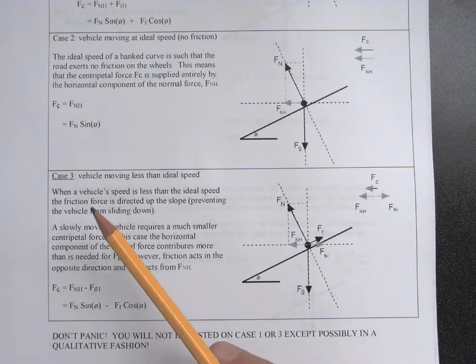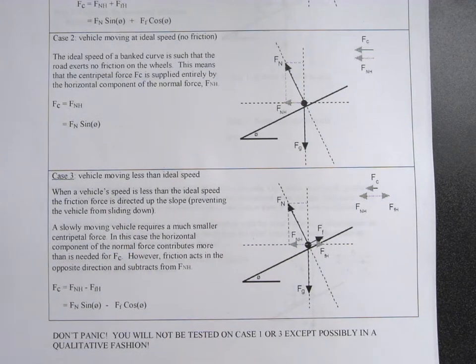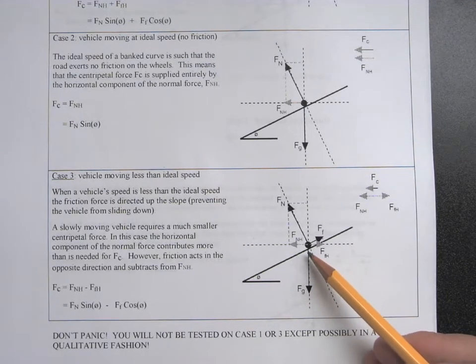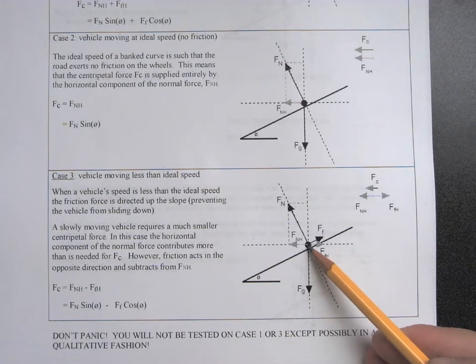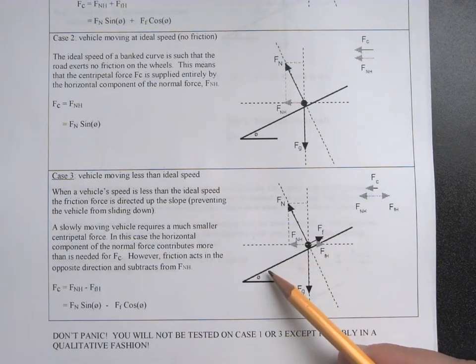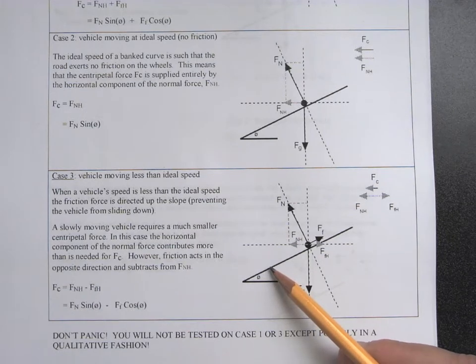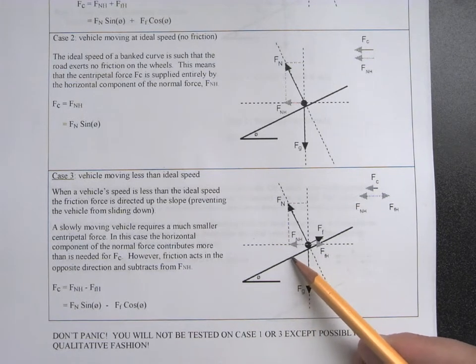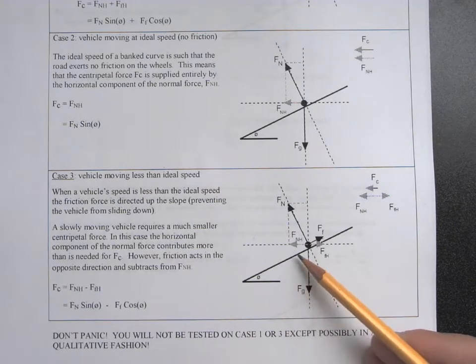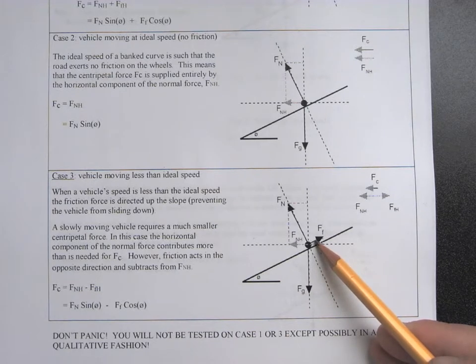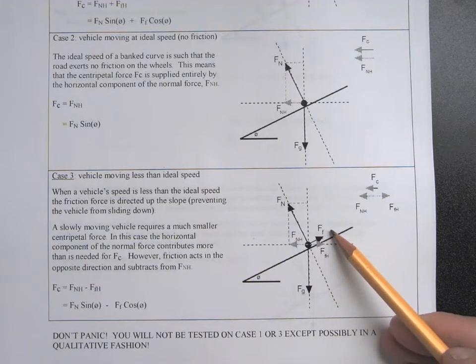Now in case 3, we're going far too slow. So in case 3, we're going so slow that the vehicle is going to want to slide down the surface. In a case like this, if the surface is made of a suitably rough material like asphalt and our car has good tires, then the force of friction will be directed up the slope. So in this case,